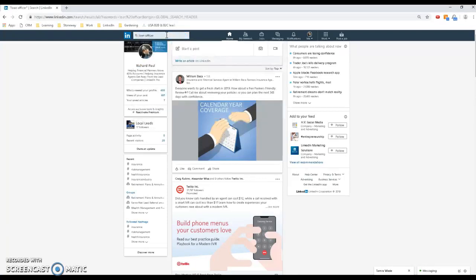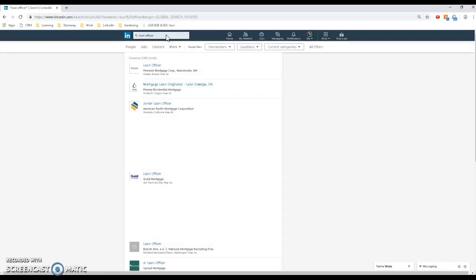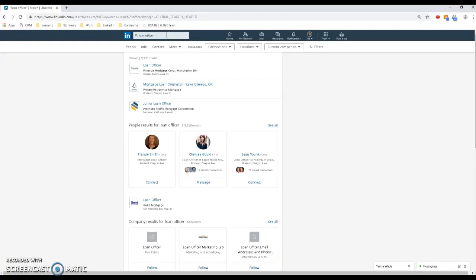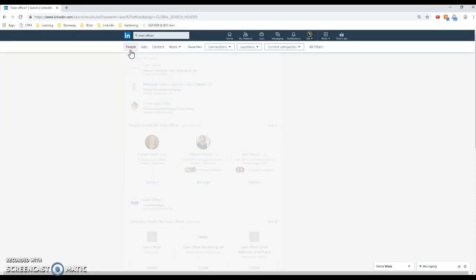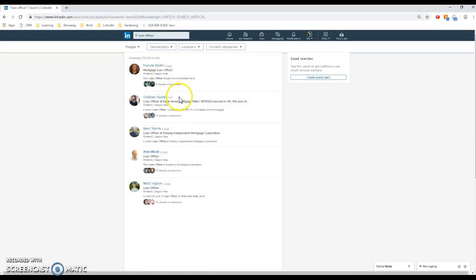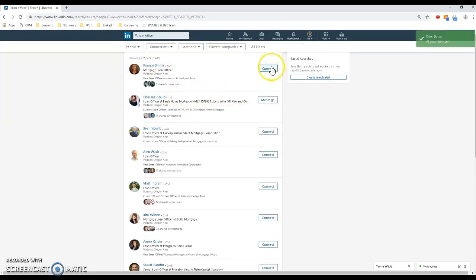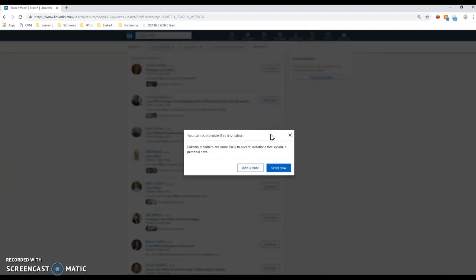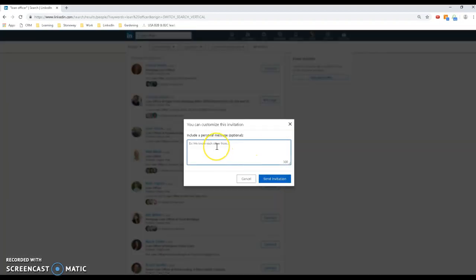Okay, what that's going to do is it's going to bring up a list of loan officers in my town, but if we're in your account, it'll bring them up in your town. So we go ahead and click on people, and it's just going to give us a big list of people that we could connect with, or message. So what we're going to be doing is coming in here, clicking on these loan officers that are in your town, and clicking connect, adding a nice note that might say, hey